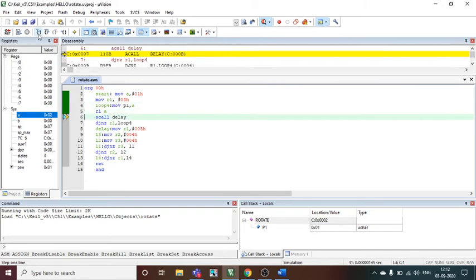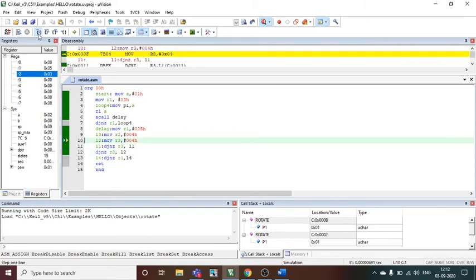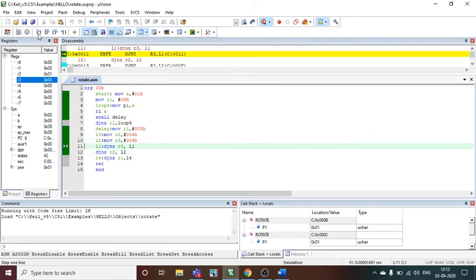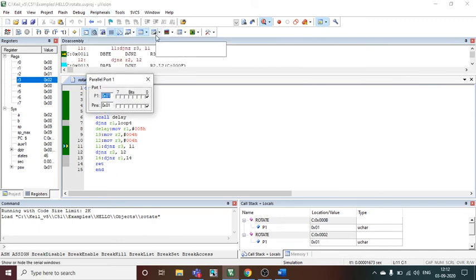And you keep pressing, because it's a delay program, it will take some time till it reaches the P1 port where you want to see the output. Once it reaches P1, you can stop. Then you can go to Peripherals, because this is sure that the program is running properly, but we have to see the LEDs moving and rotating from left to right. So go to I/O Ports and Port 1, where we have saved the data of the accumulator. You can see the tick mark is 00000001. That is 01.